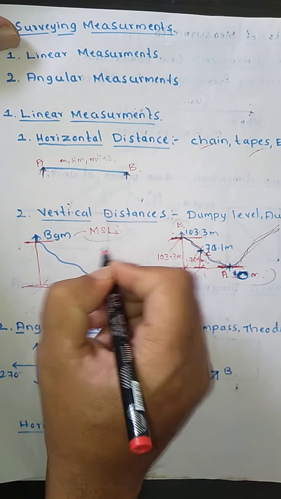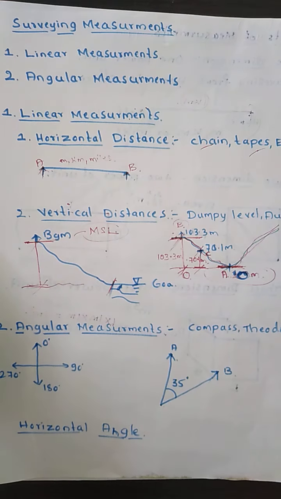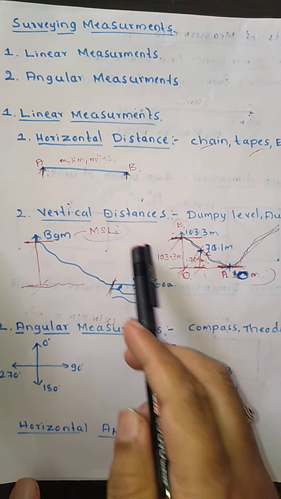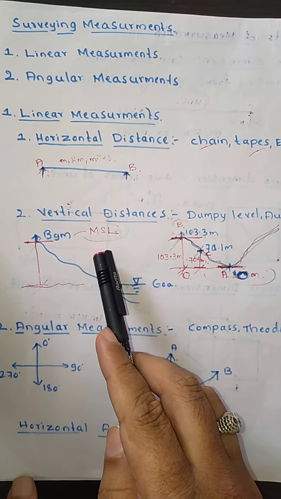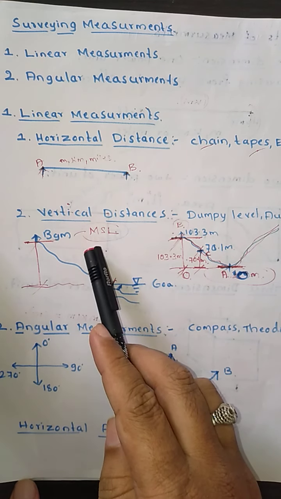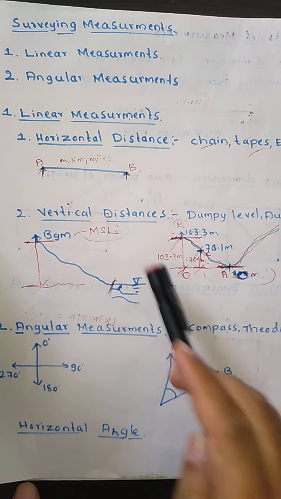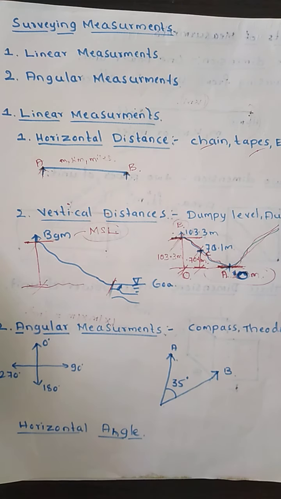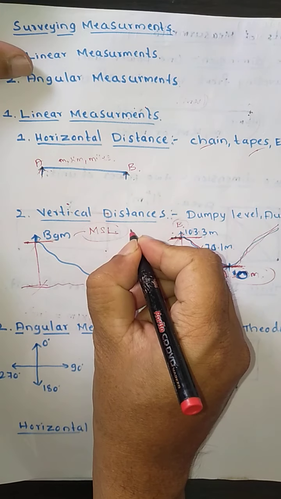MSL is nothing but the vertical distance from the mean sea level. As civil engineers, you should know what this MSL is. Suppose if you go to Bangalore and see an MSL level of around